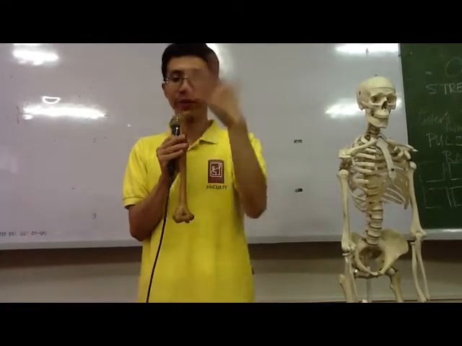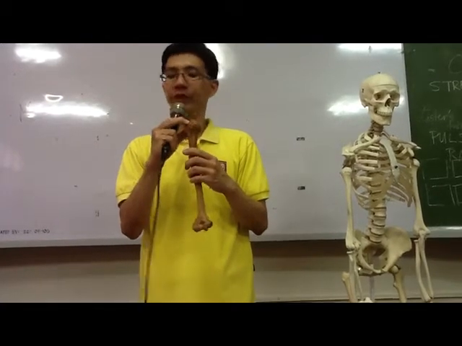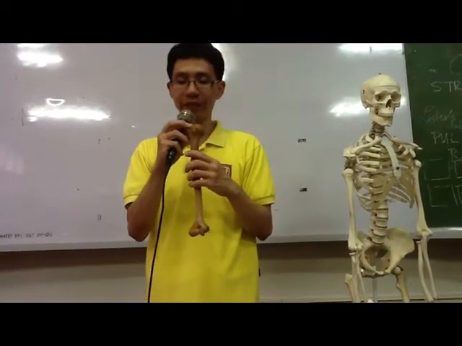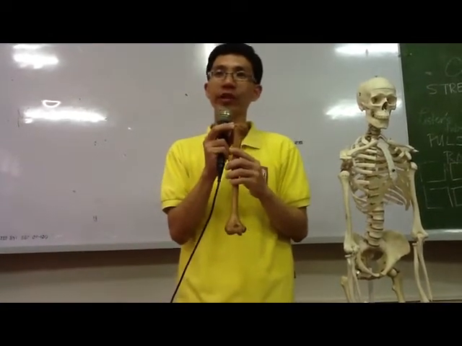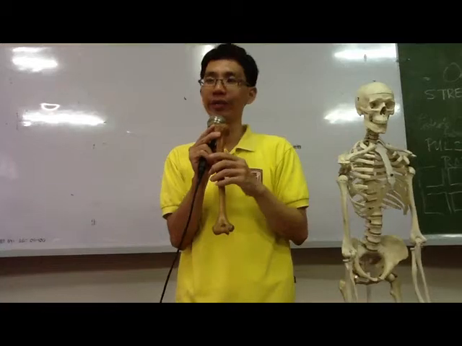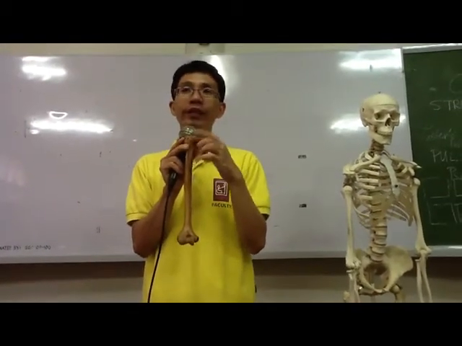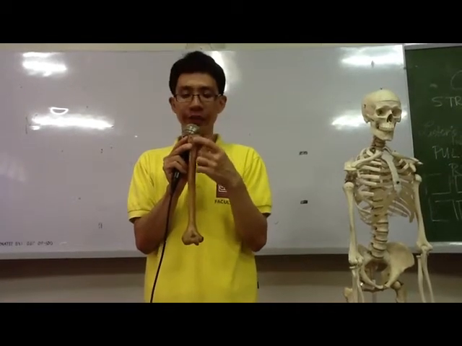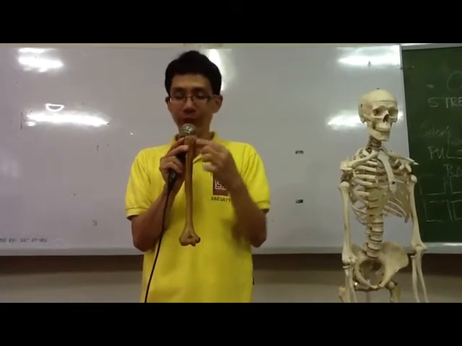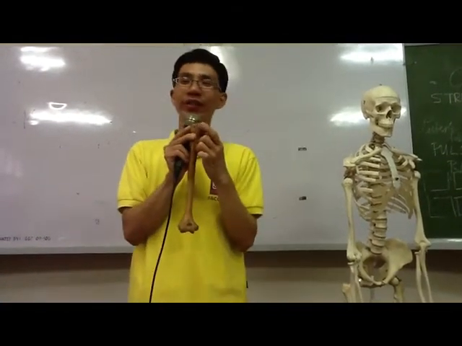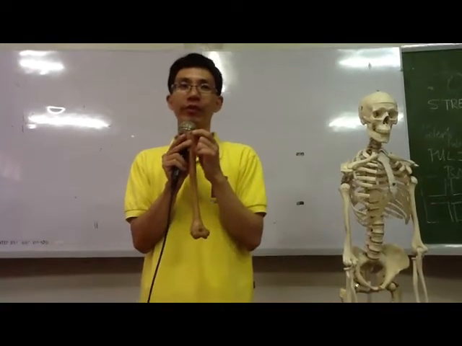Lateral to the neck, you have two structures. The one that is greater in size and more lateral, we call the greater tuberosity or greater tubercle of the humerus. Then the one a little bit anterior and smaller, a little bit below, is your lesser tubercle or lesser tuberosity of the humerus.